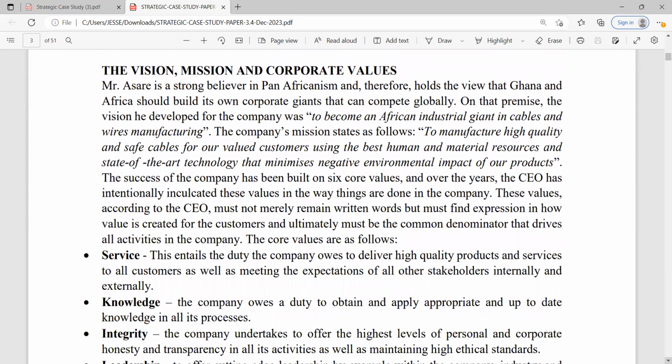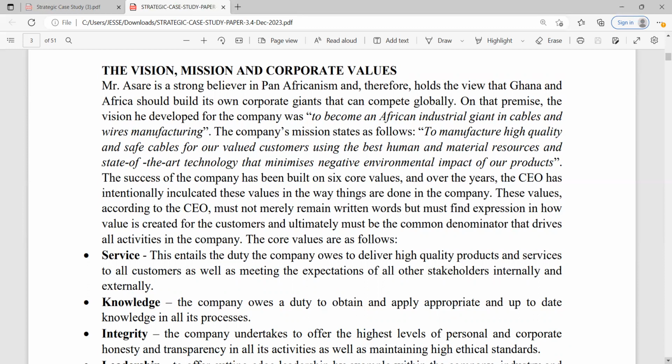So now let's move into the vision, mission, and corporate values of the company. We've talked about the intro, we talked briefly about TCWL. Now let's look at the mission, the vision, and corporate values. We are being told here that Mr. Asari is a strong believer in Pan-Africanism. Now, before I even start this, one of the things we were talking about in our previous discussion was around